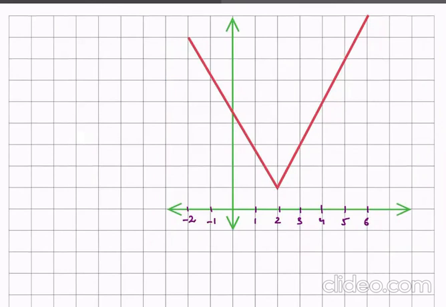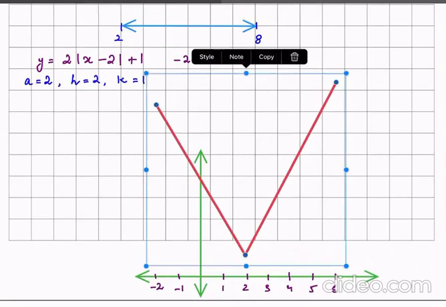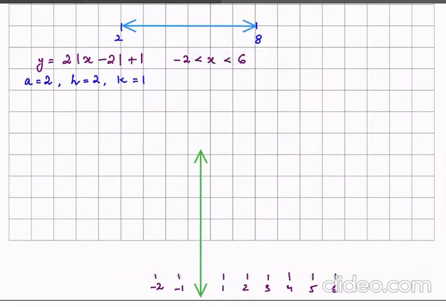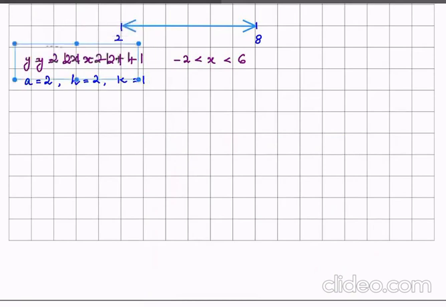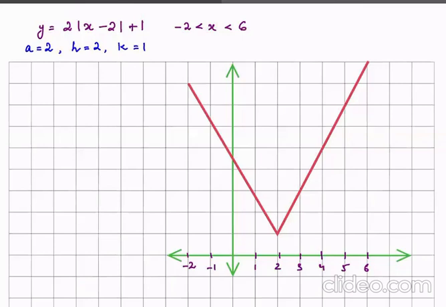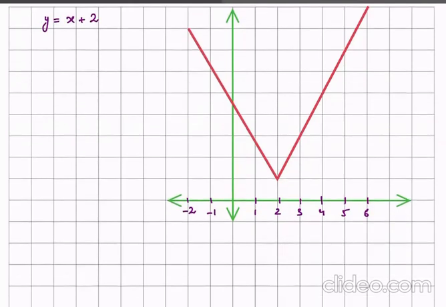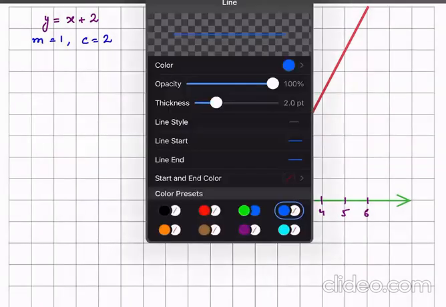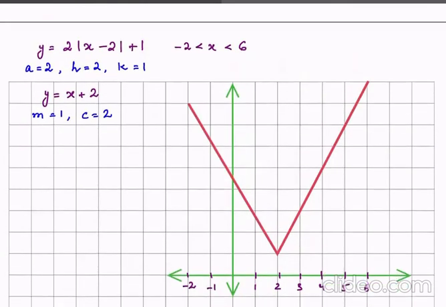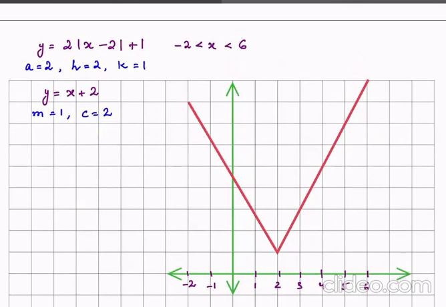So now they are asking, what are they asking? They are asking कि भाई हमारे पास एक और लाइन है, so now they are saying that y is equals to x plus 2. We have another line, y is equals to x plus 2. So y is equals to x plus 2 obviously एक linear equation है, तो इसका जो ग्रेडियंट है वो 1 है और c जो है वो 2 के बराबर है। तो इसका मतलब अब एक लाइन जो है वो पास होगी, कहाँ से पास होगी, 2 यूनिट से पास होगी, और उसका जो ग्रेडियंट है वो 1 के बराबर है।